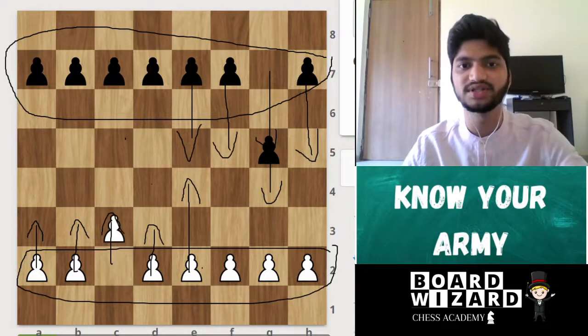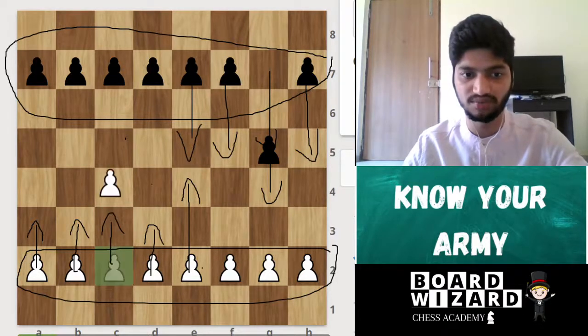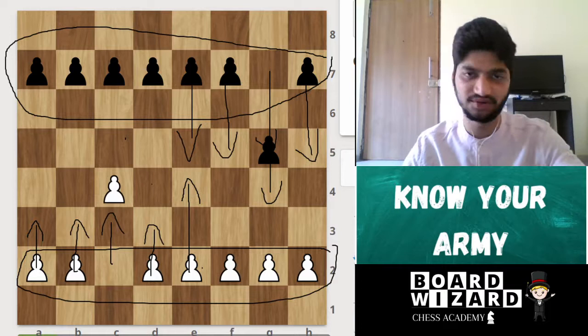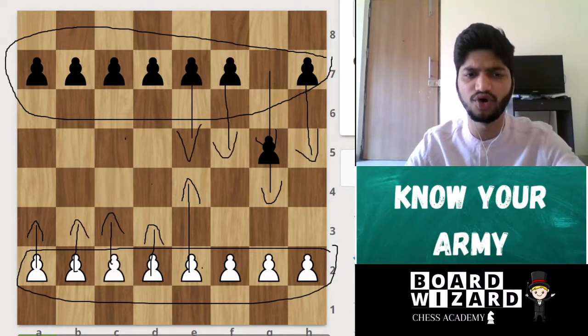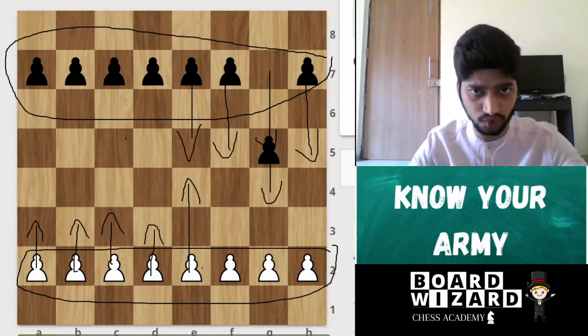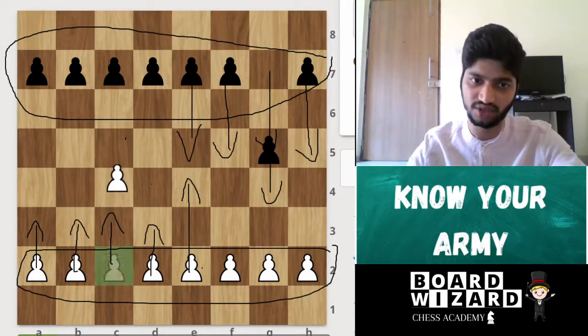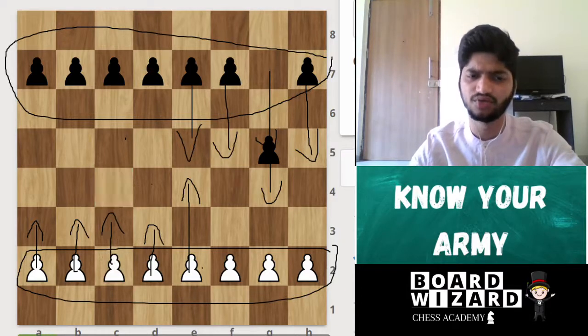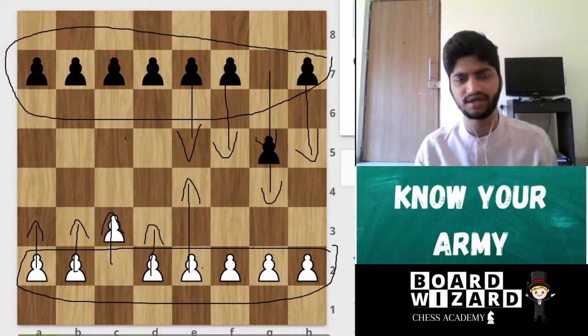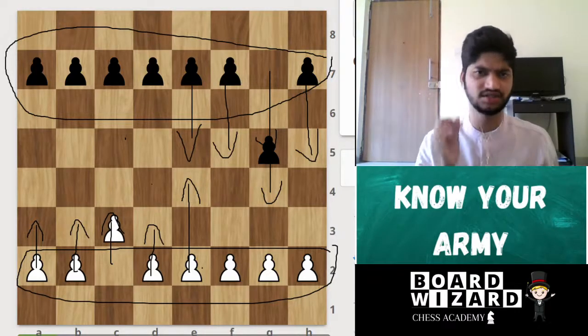They can move one step and also they can move two steps when they are on the starting rank. It's up to you. You are the king of the game. So if you want your pawn to move two steps and your pawn is on the starting rank, you can do that. But if you want your pawn to move one step, you can still do that. Okay? So that's how the pawn will move.